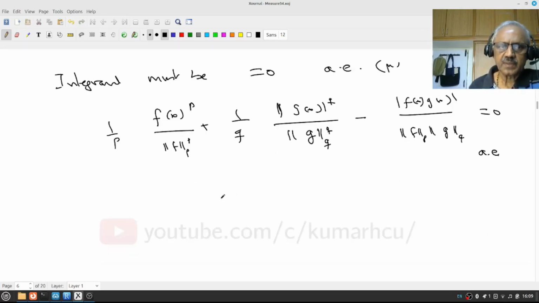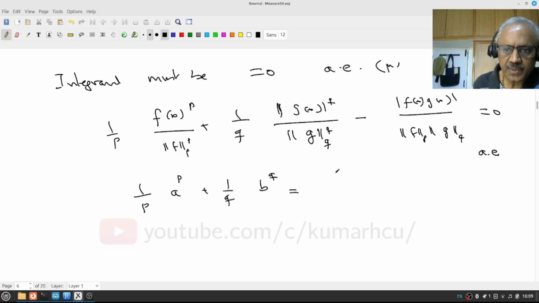Okay, is that clear? Notice that this is something like (1/p) a^p plus (1/q) b^q equal to ab, right? So we know that this happens